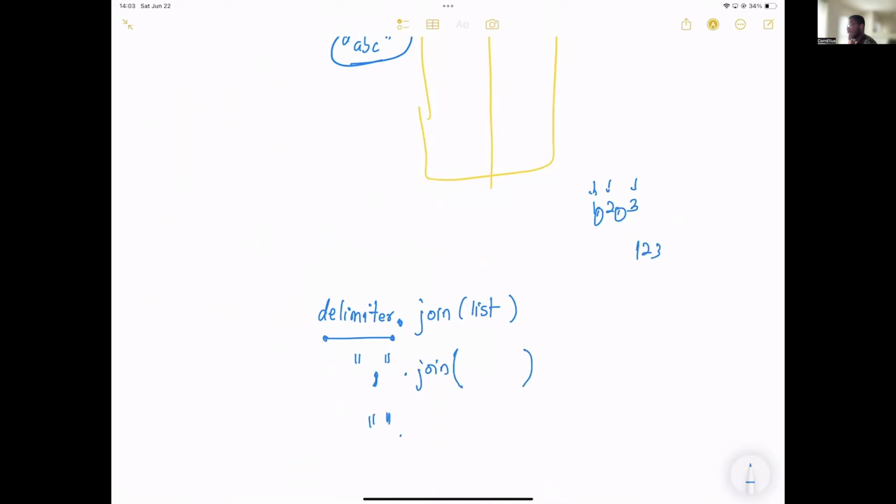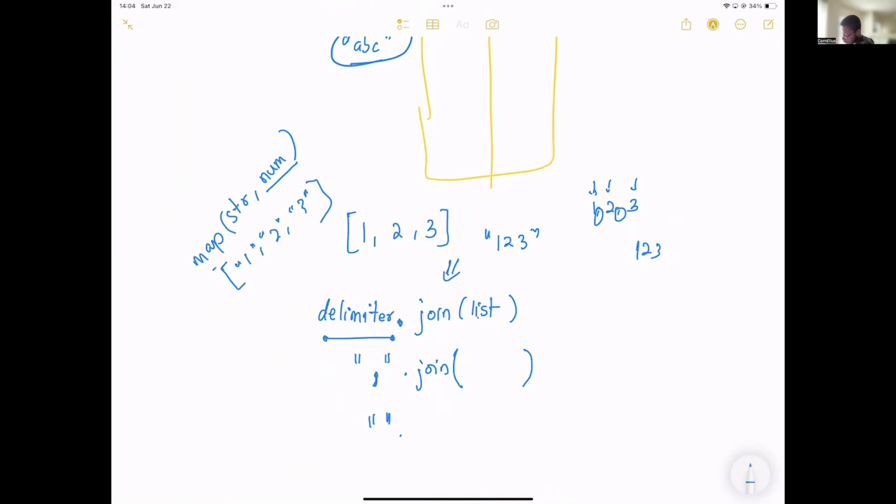Now the dot join takes an iterable like a list, right? Note, the items in the list have to be strings. If you just have 1, 2, 3 as integers and you want to convert them to the string 1, 2, 3 and you just do this, it's going to give you an error because these have to be strings to merge. If you want to convert this to a list of strings, there are many ways to do it. You can use map, but we're not going to do that now. You can just map str over your list, like nums, and it will convert everything and give you something like this: 1, 2, 3. It's been so long since I wrote Python. Okay, like this.